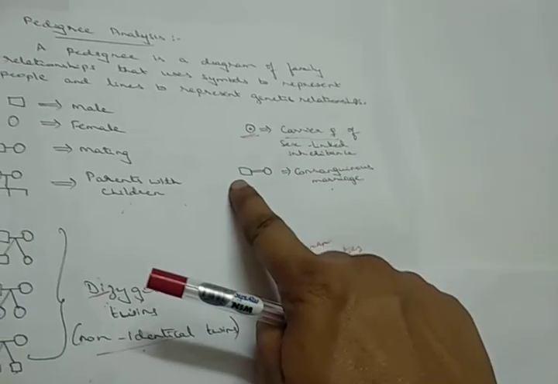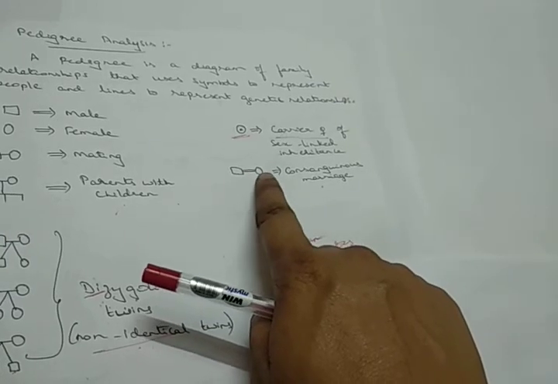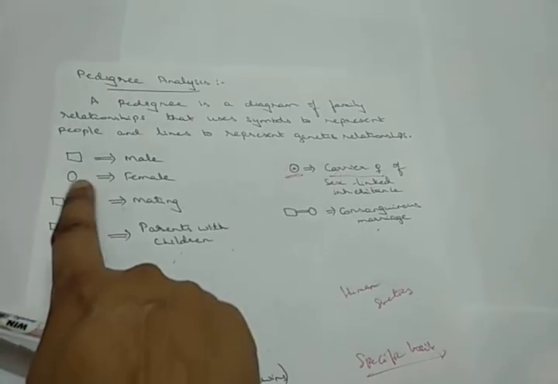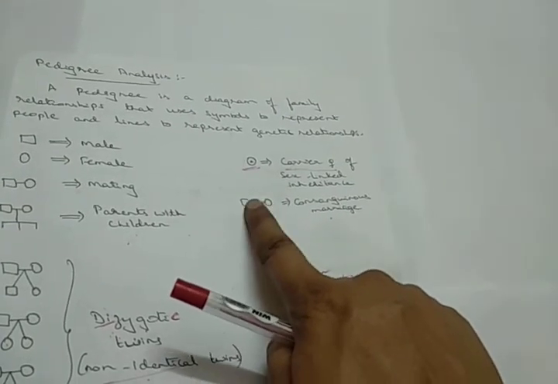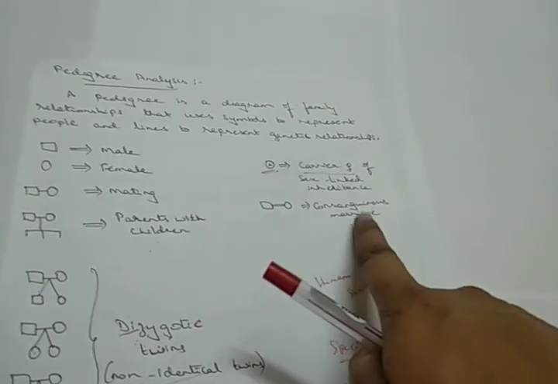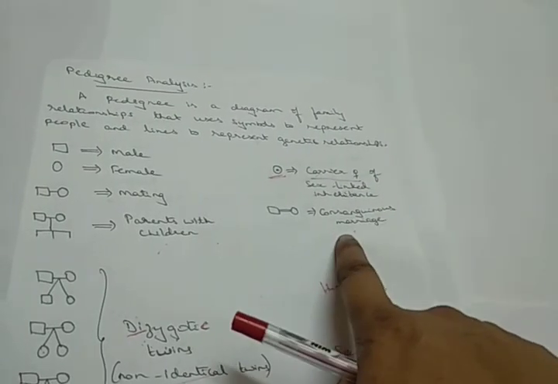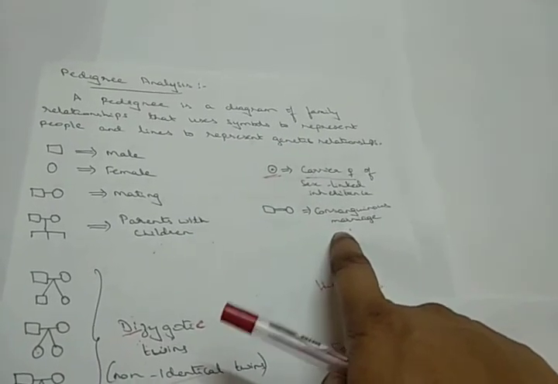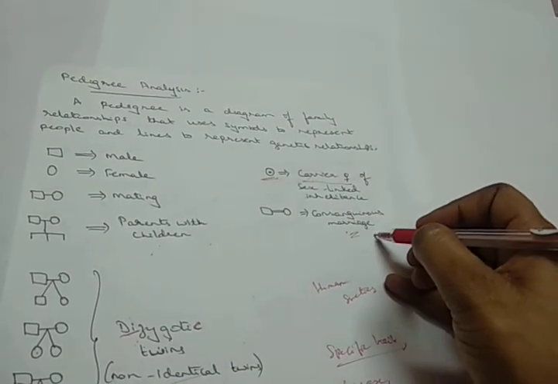And for a male and a female, if you put two lines in the cross connection here, whereas you can observe there is only a single line which gives the nature of a parent, but when there are two lines present, you call it a consanguineous marriage. Consanguineous marriage means a marriage which takes place between very close relatives.